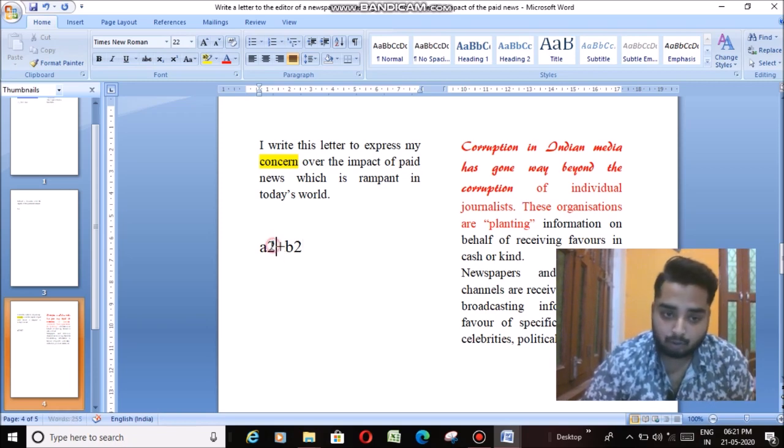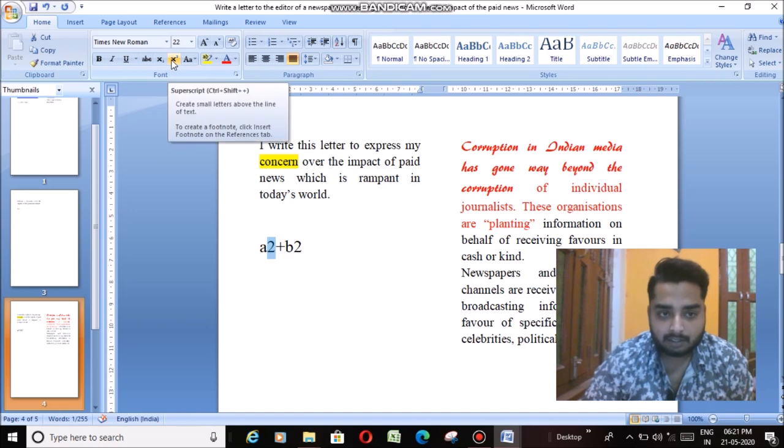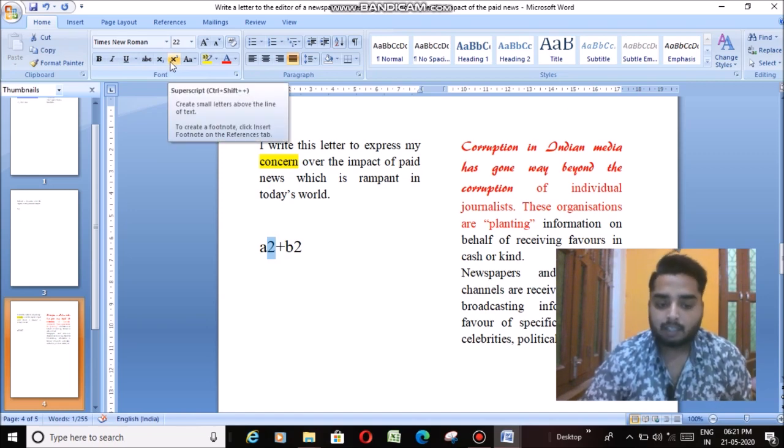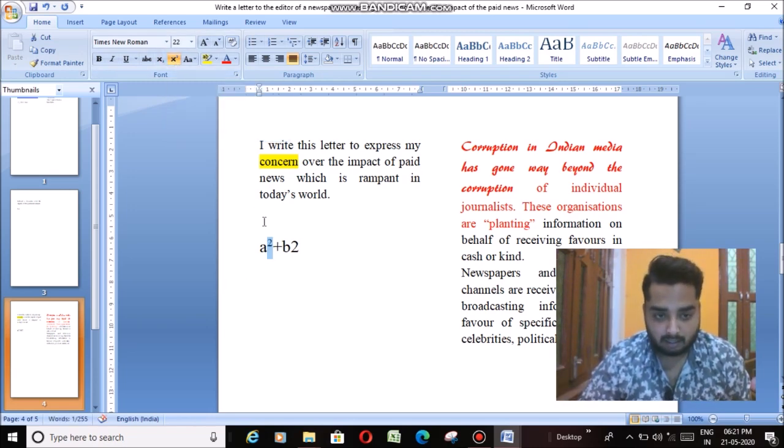If we want to do that square, we have to select this and go to the superscript option. It gives the selected text an upper position. You can see that it became smaller and went to the upper side of the text, so it is superscripted.